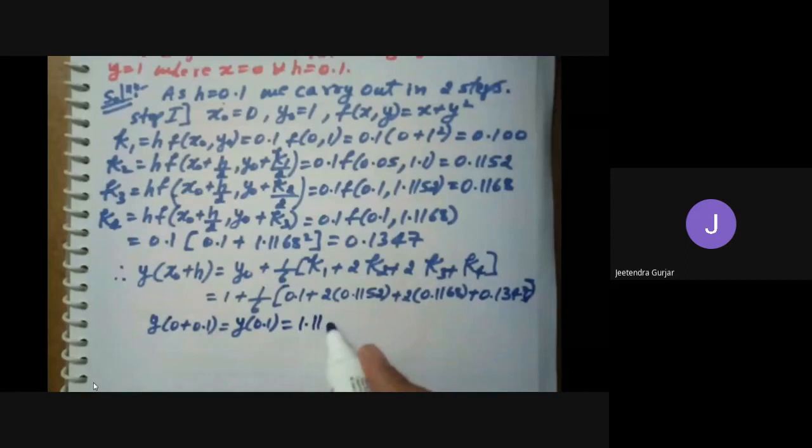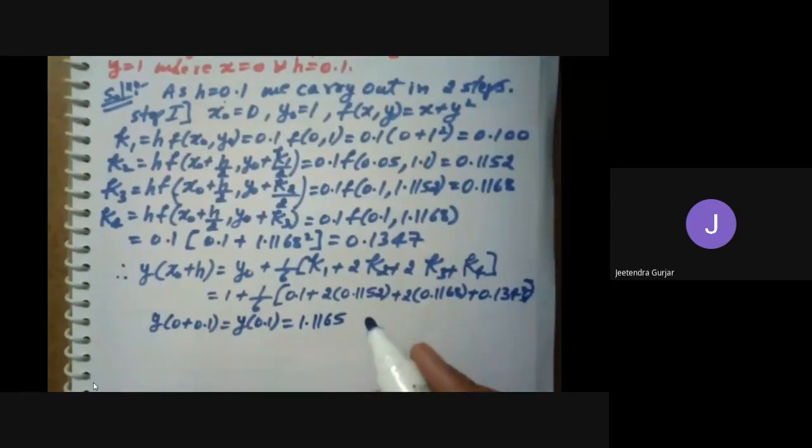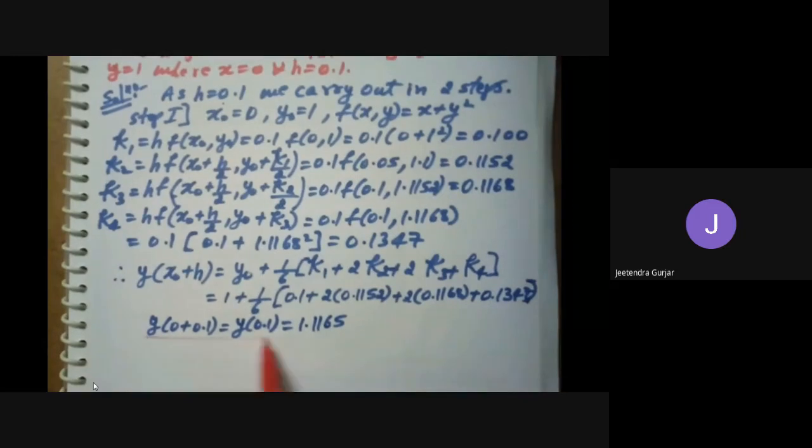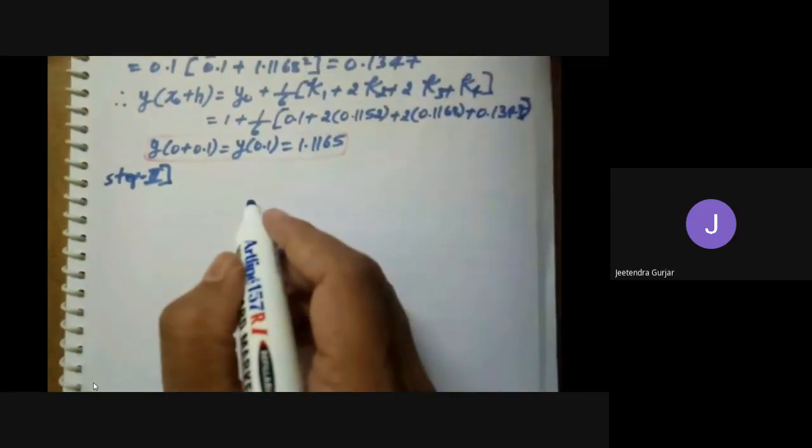Okay, students, we'll go for step 2. Now you'll understand clearly. In step 2, x1 is equal to x naught plus h. As I have told you, in the RK method of initial value, the x value you have to take here is x1 equal to x naught plus h in step 2. And also remember, students, x naught is already given. I'm going to take here 0 and h as 0.1. Therefore, in step 2, x naught is going to become x1. Remember this, I'm repeating again and again. x1 is equal to x naught plus h, which is 0 plus 0.1. So x1 is going to become 0.1.